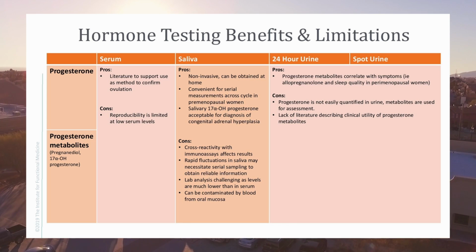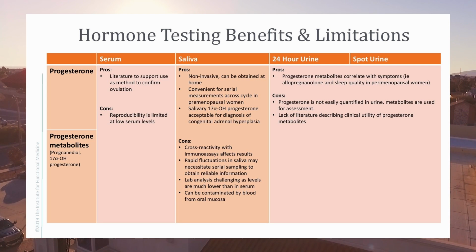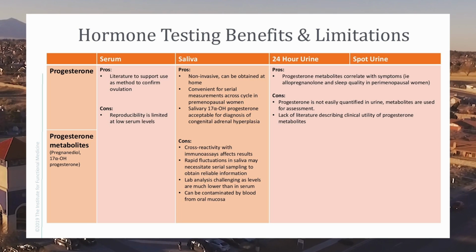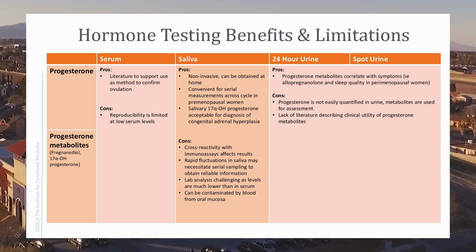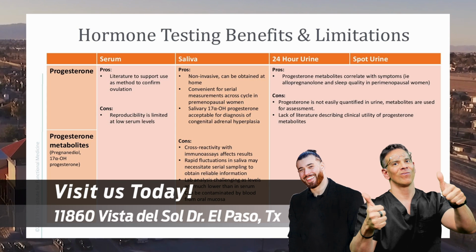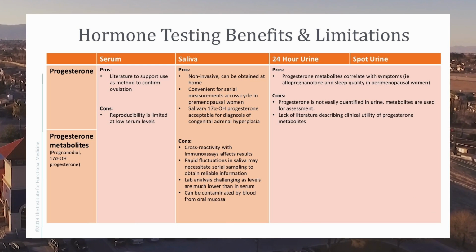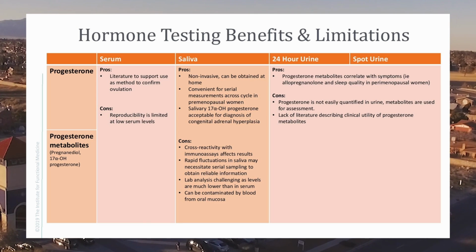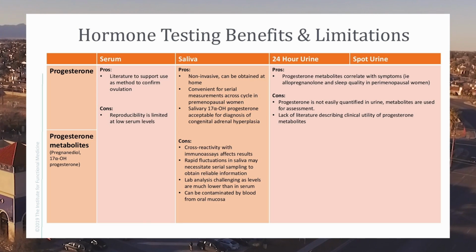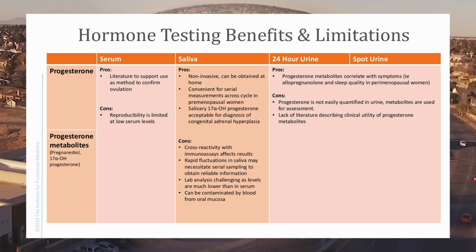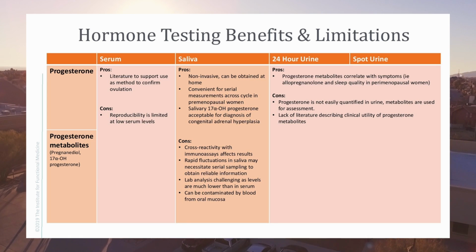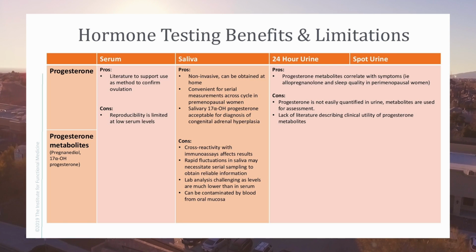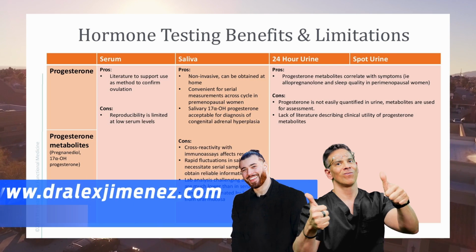Well, in serum, there's lots of literature to support using a progesterone level drawn, hopefully on day 21 of a 28-day cycle, as a method of confirming ovulation. So if you want to use serum progesterone levels for that, it is totally acceptable. The reproducibility of serum levels is really limited if the serum levels are low. So what that means is if you were to take a person in the first half of her cycle and draw a progesterone level 3 days in a row at the very beginning of the cycle when the progesterone should be low, you may not actually get similar numbers just because the levels are low. So the reproducibility kind of makes me a little crazy,